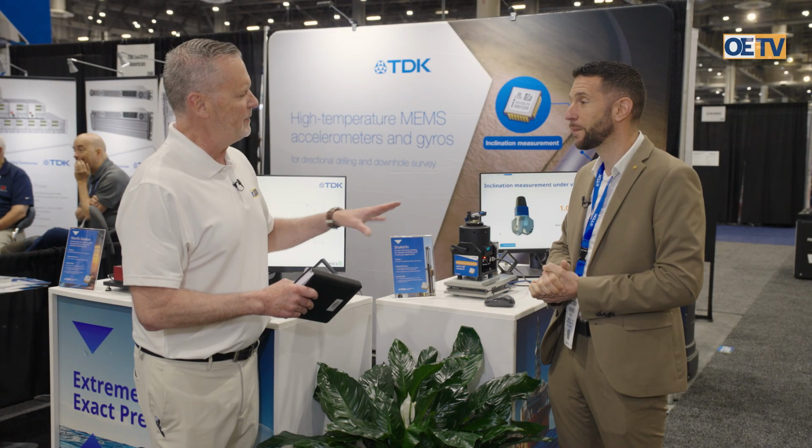When you look at this, what was the impetus to introduce it? Because it just got introduced this year. And how is it differentiated on the marketplace? What does it do that others can't? Actually, so far, the reference technology for inclination measurement in the oil and gas industry was what we call the quartz accelerometers, which is an excellent technology, but it tends to be a bit old. It's mostly analog technology. You need to add a lot on top of the sensor itself to make